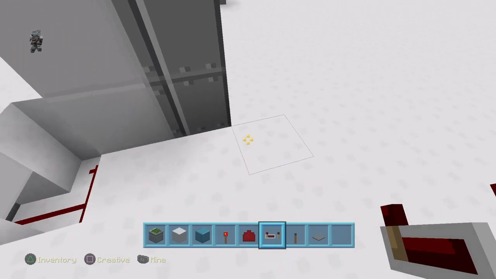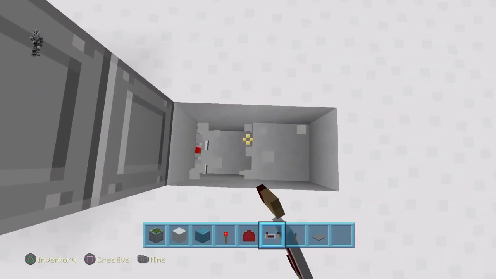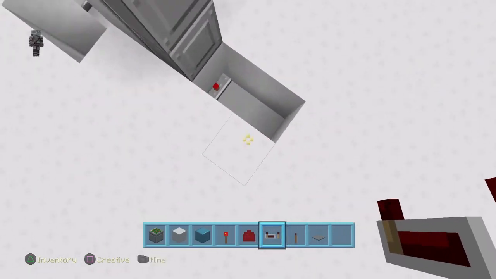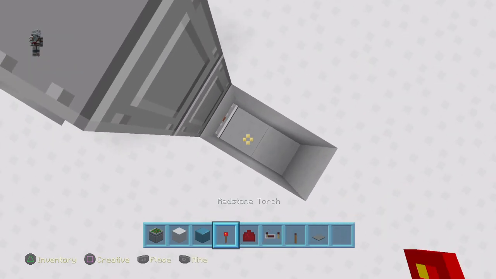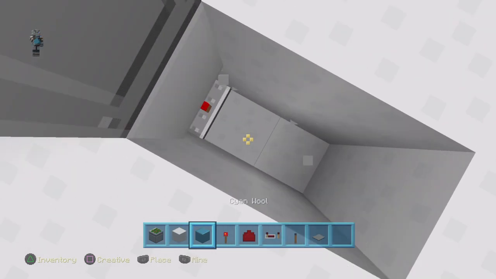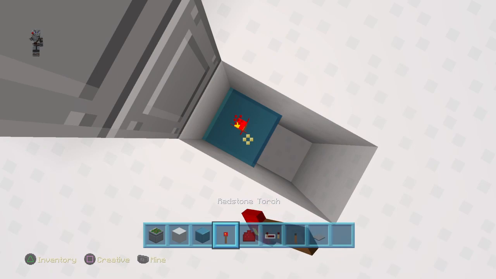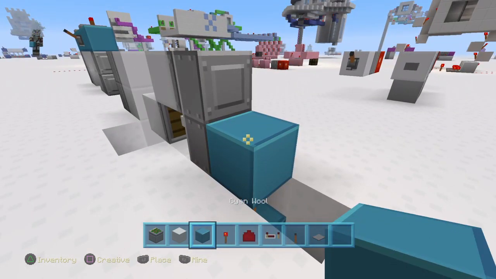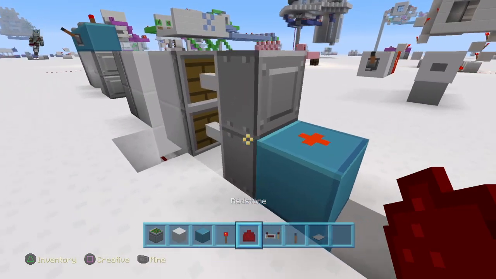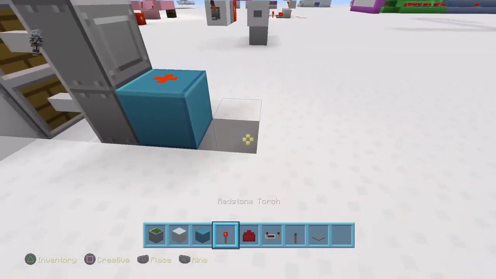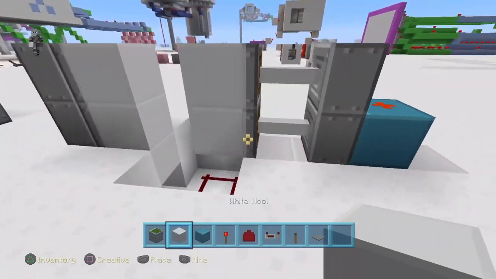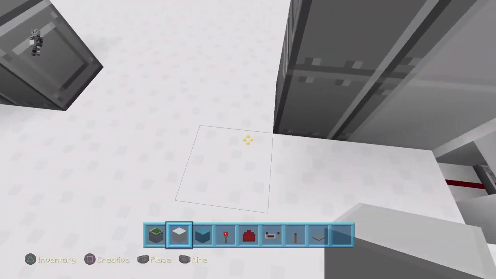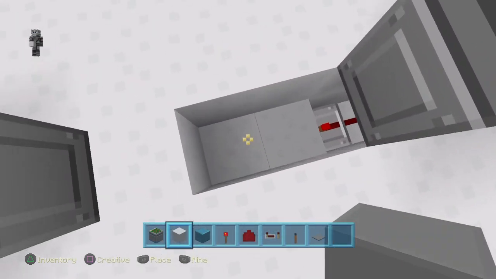Now what's going to happen is if you break this block right here, we're going to have the repeater coming out the back, and this is a good thing. So what you want to do is just place a block here. I'm going to use my wiring block, place a redstone torch on top with another block on top with a piece of redstone dust. Now what that will do is, I'll explain it on this side. So what's happening is